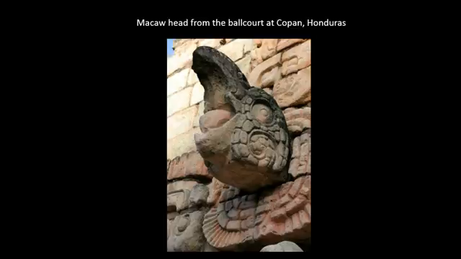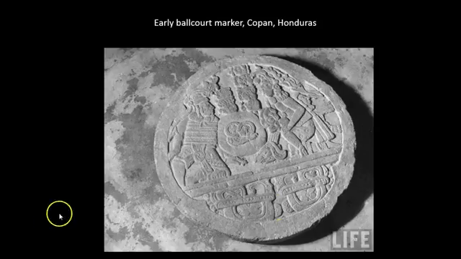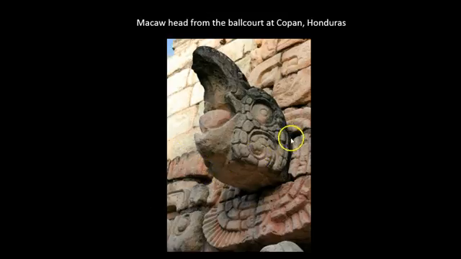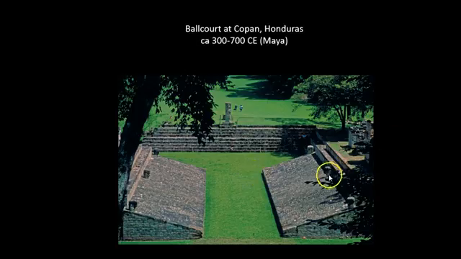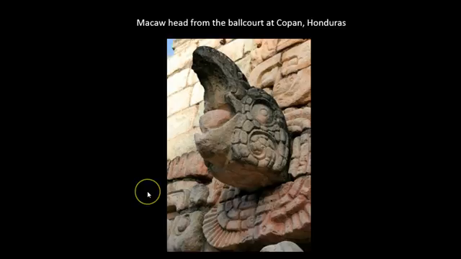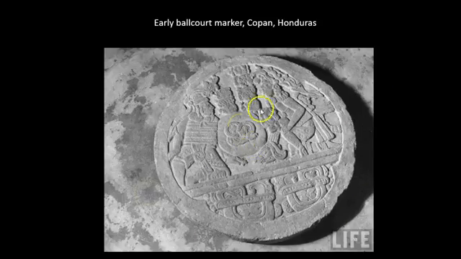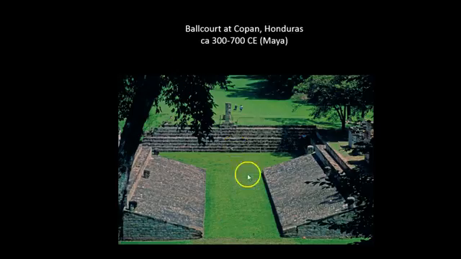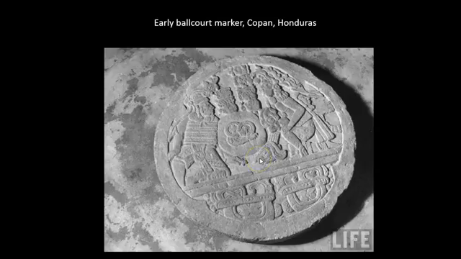You can also see some other images from the ball court. Let me see if I can find some. Here's some ball court markers. A macaw head from the ball court at Copan would have once been brightly painted, depicts a macaw, those really brightly painted parrot-like birds. And this would have been on the wall of the ball court along here. And then there are also ball court markers that would have been at one time in the floor, the ground of the alley down here. But actually these markers, the macaw heads and the discs, are used at different times, different eras, not at the